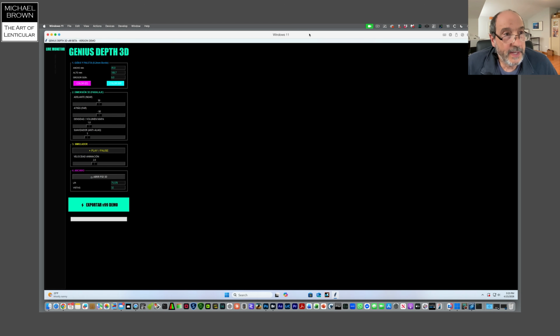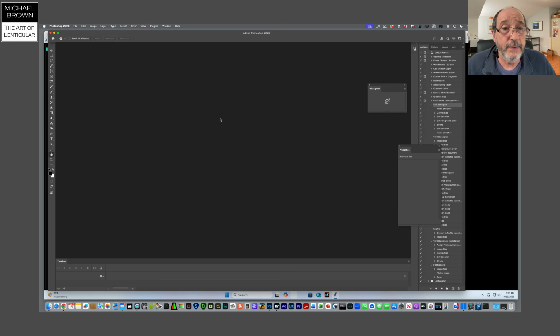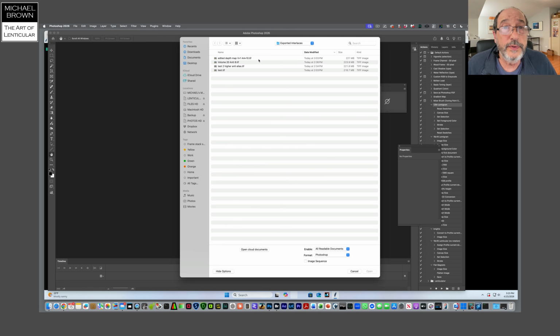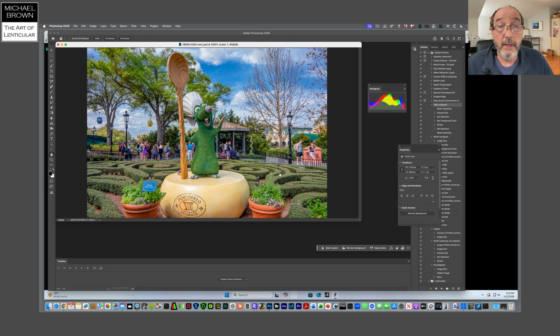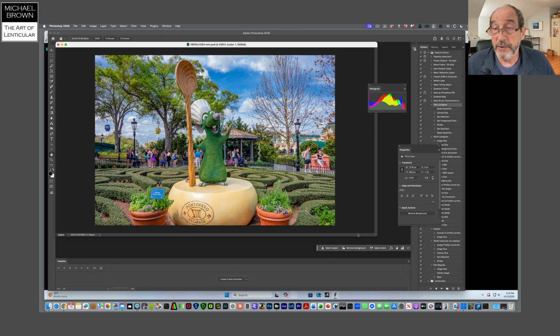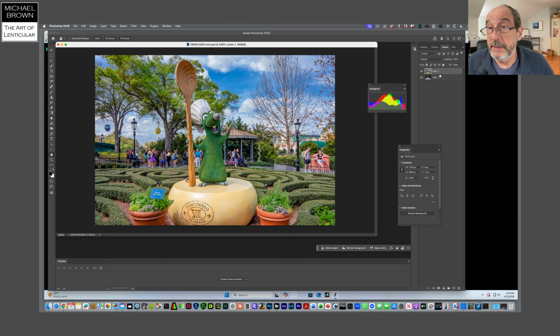So I decided to try this new Genius Depth 3D software program I learned about yesterday. It's in beta mode, so I don't know what to expect, but I thought I'd take a look at it and see what I can learn. So I prepared a file, and I'll launch Photoshop here and come over to this document. So this is basically a digital image, and then if we go to the layers palette, you can